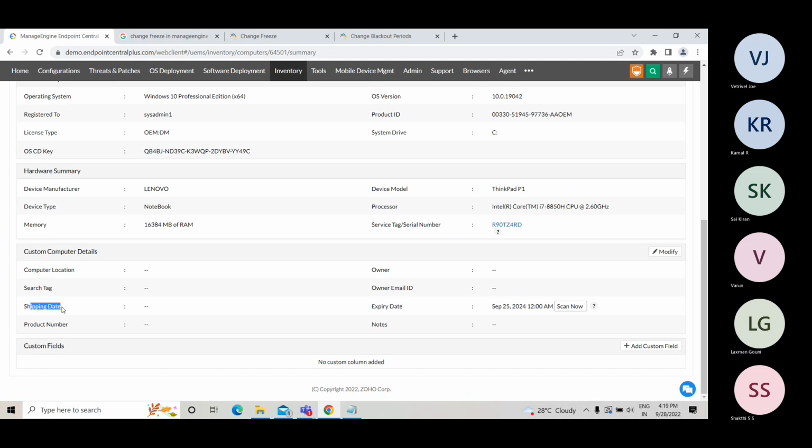Shipping date is not available on the computer. So if you would like to track it, you can update it manually. Similarly, the product number is a tag that you can use for searching. This tag and this tag that you see on the top can be different. There is no compulsion,